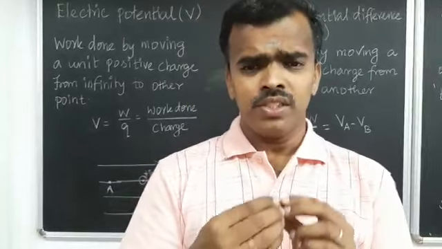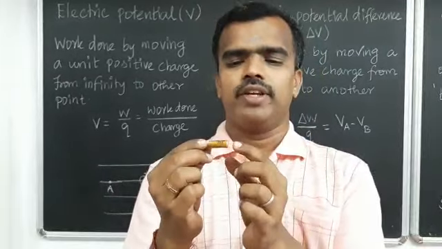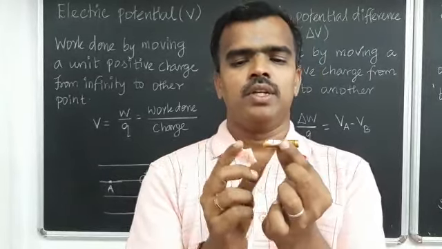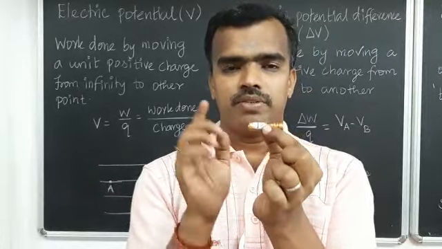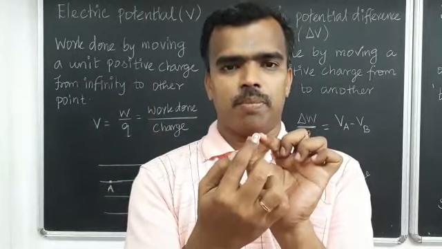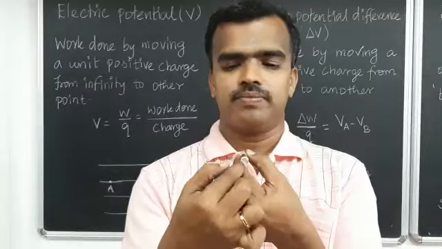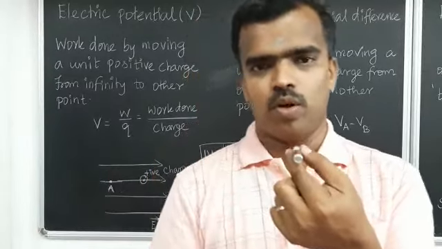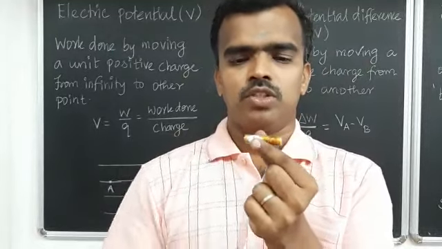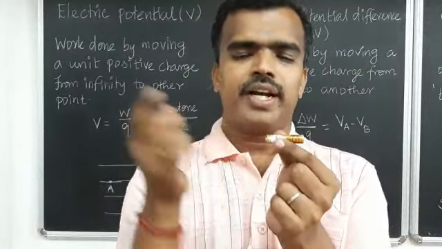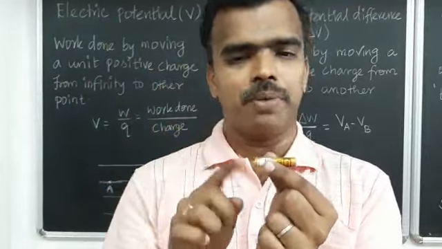Here we have a potential, so we must have a potential difference. Here we have some difference. The positive terminal has higher potential, and the negative terminal has lower potential, so we have some potential difference. Due to that potential difference, the current will flow from the positive terminal to the negative terminal of this battery.